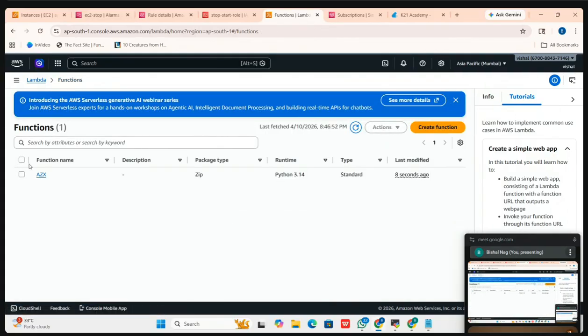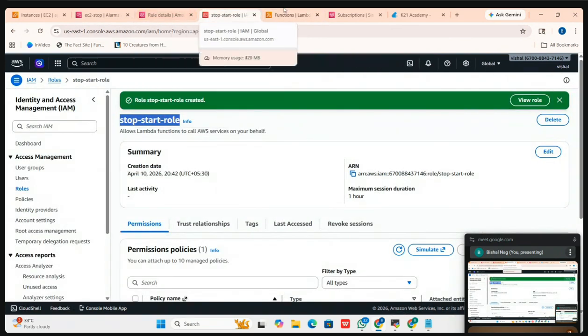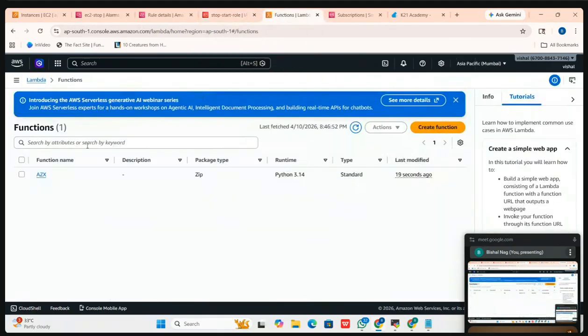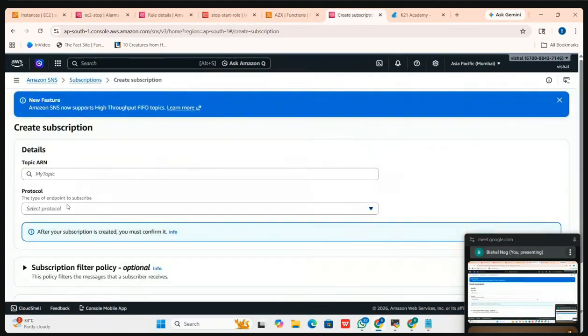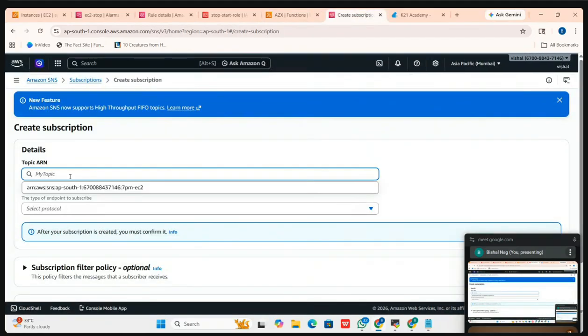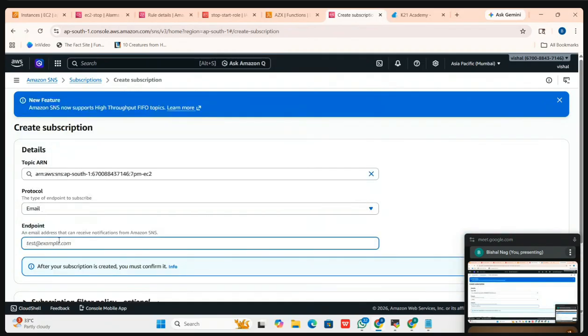मैं अभी स्टॉप का ही बना रहा हूँ, स्टार्ट का आप लोग दोनों बना लेना, ठीक है। तो अभी क्या करना है, हो गया। अभी जाना है इवेंट ब्रिज, सॉरी अभी इसमें ही जाना है कि आप लोगों को नोटिफिकेशन मिलेगा ना, उसके लिए SNS सब्सक्रिप्शन करना पड़ेगा, एक क्रिएट सब्सक्रिप्शन, यही वाला था ना, ओके यही वाला ले लो, प्रॉब्लम नहीं है। ईमेल, एक ईमेल बोला आप लोगों का किसी का, ये तो हाँ लिख दो।